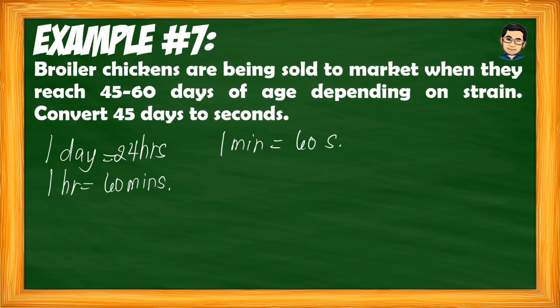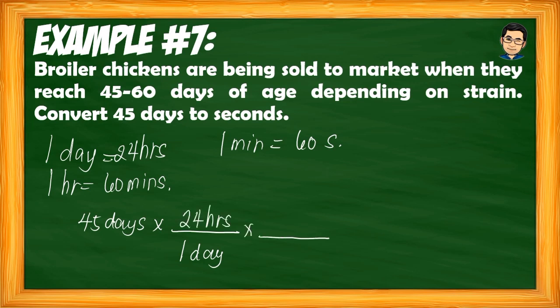So, sulat lang natin 45 days times, so, ang muna natin ko-convert, days to hours muna. So, sa loob ng isang araw, 1 day, meron po tayong 24 hours. And then, i-multiply natin sa